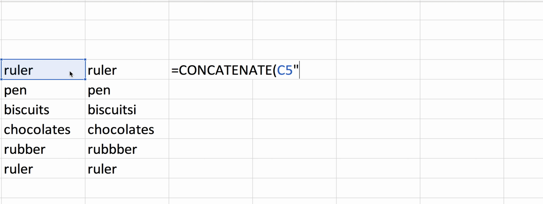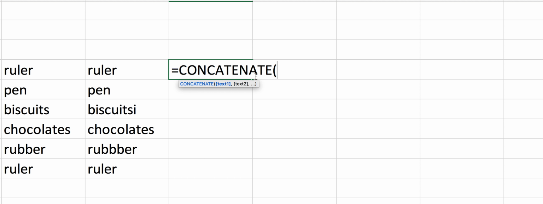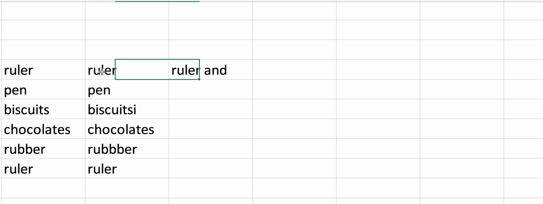Okay, if I want to join the two columns and write "and" in between, so it's ruler and ruler, for example, I can just write equals CONCATENATE, and the first one, click on the first one, and then comma, and then click and then space, so that there's a space between ruler and ruler, and then the second one,